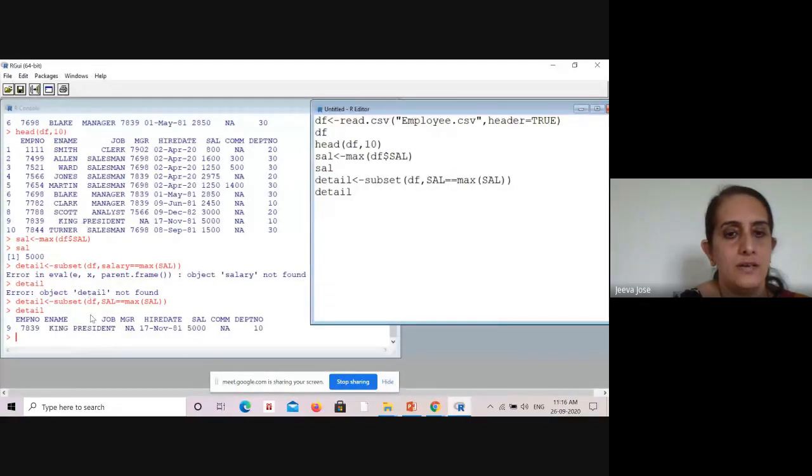Yeah. So you can see his employee number, employee name, his job, everything, all the details of the employee will be displayed using subset. Now I will show you this aggregate function also, because we don't have time, so that is why I'll be running. So in this aggregate function,